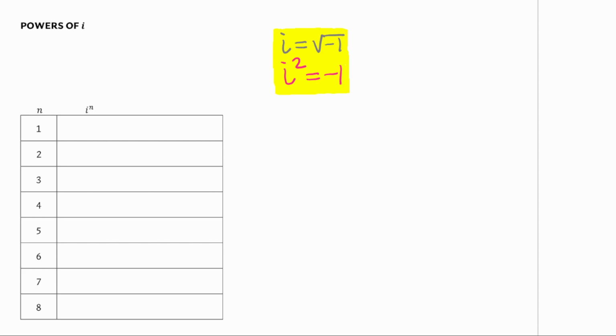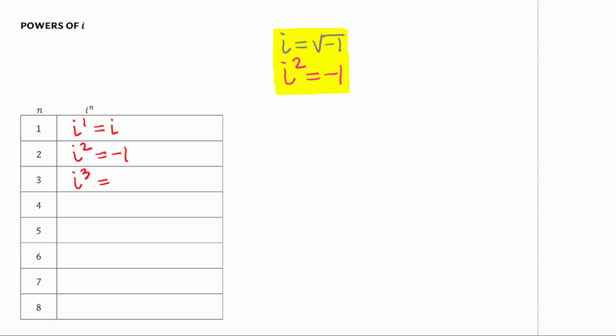Okay, so I'm going to fill in my first row of my table with that. i to the n: i to the 1 equals i. Okay, that's nothing I can do with that. That's the square root of negative 1. Okay, i to the 2 is equal to negative 1. That's just two things that we've already agreed upon so far in this video. i to the 3,